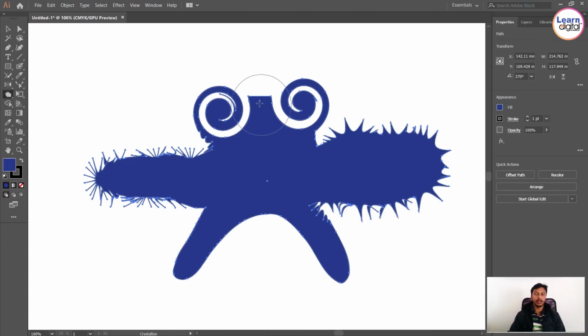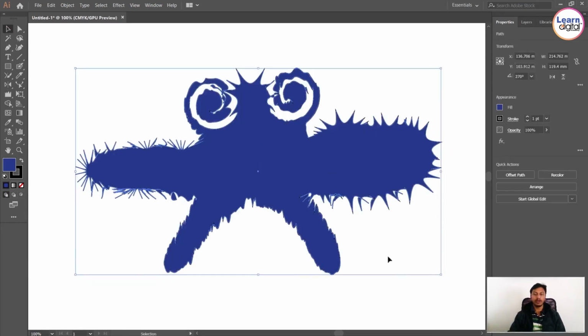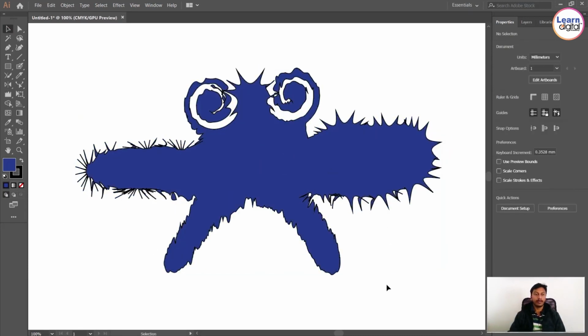Wherever you click, you will get this kind of properties. Then wrinkle. If you want to create wrinkles for any surface or any shapes, you can use wrinkle. Whenever you are creating designs for backgrounds, you can use this kind of thing.